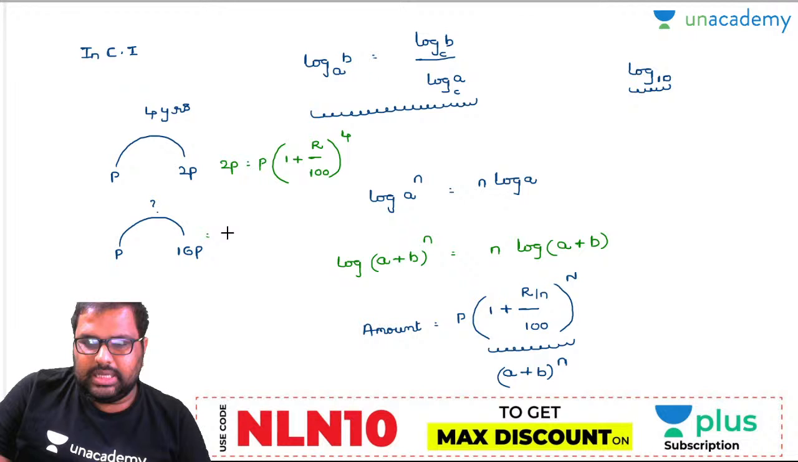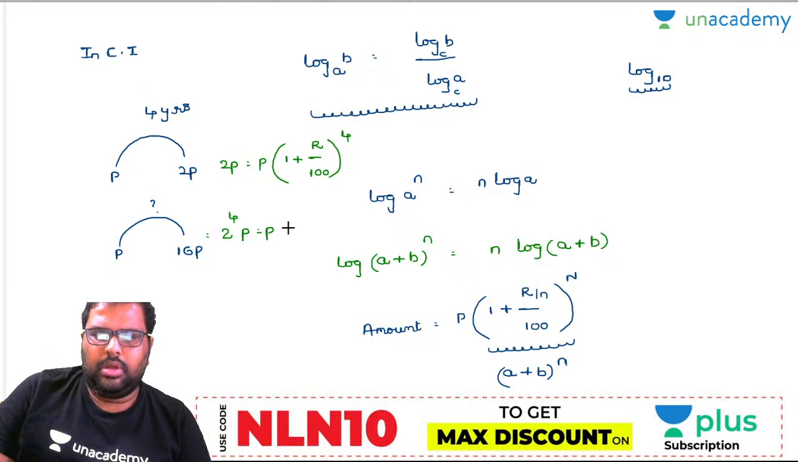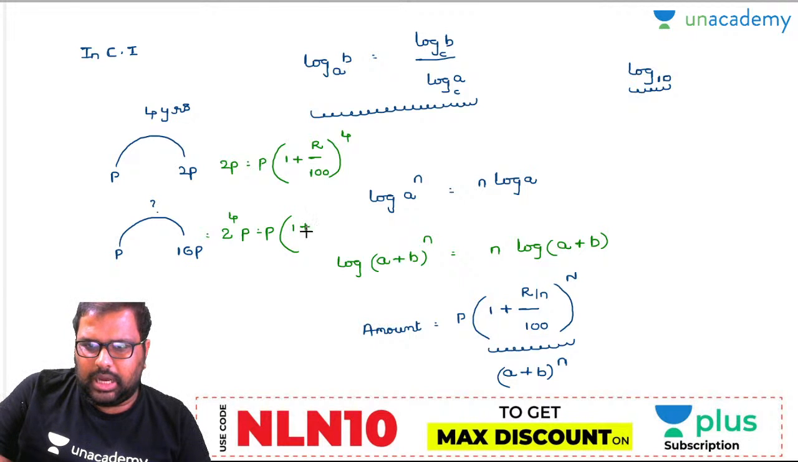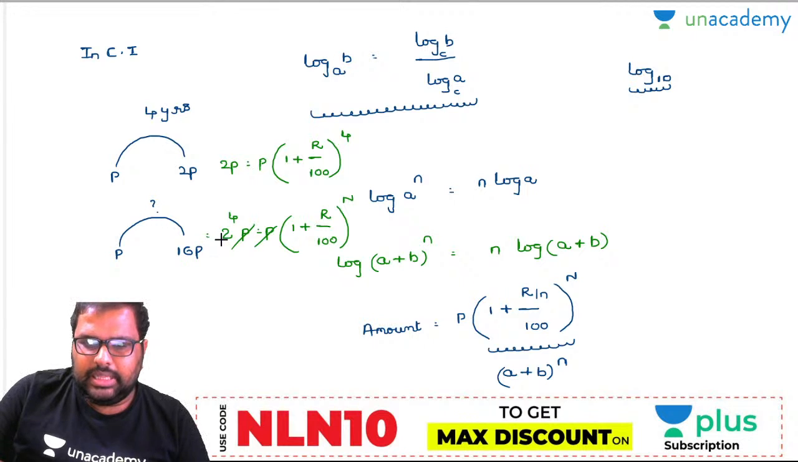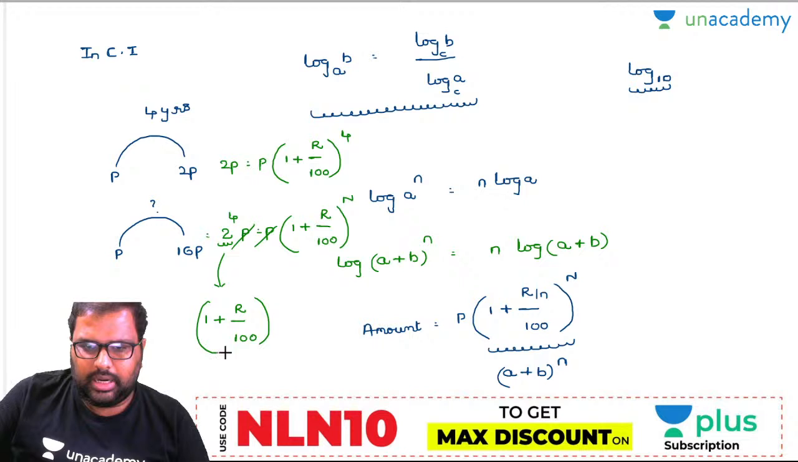Now let's come here. 16P. Can I write this as 2 to the power of 4 P is equal to P into 1 plus r by 100 whole to the power of capital N? You are asked to find capital N. Am I right or wrong? Now P gets cancelled. In the place of 2, can I substitute 1 plus r by 100 whole to the power of 4? Yes, I can substitute the same thing: 1 plus r by 100 whole to the power of 4, whole to the power of